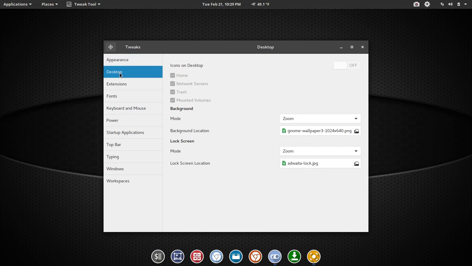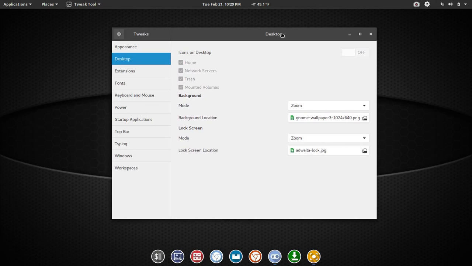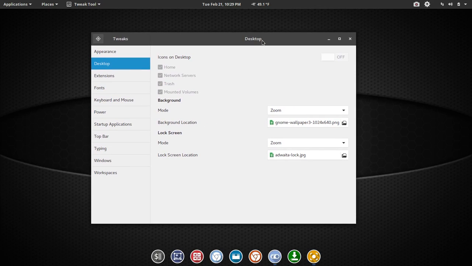Alright, so our next tab is Desktop. Now this is an area where, again, it's personal preference. So personally, I like to keep a nice clean desktop without icons and folders on my desktop. But I know some of you watching prefer to have folders and shortcuts and things like that on your desktop,